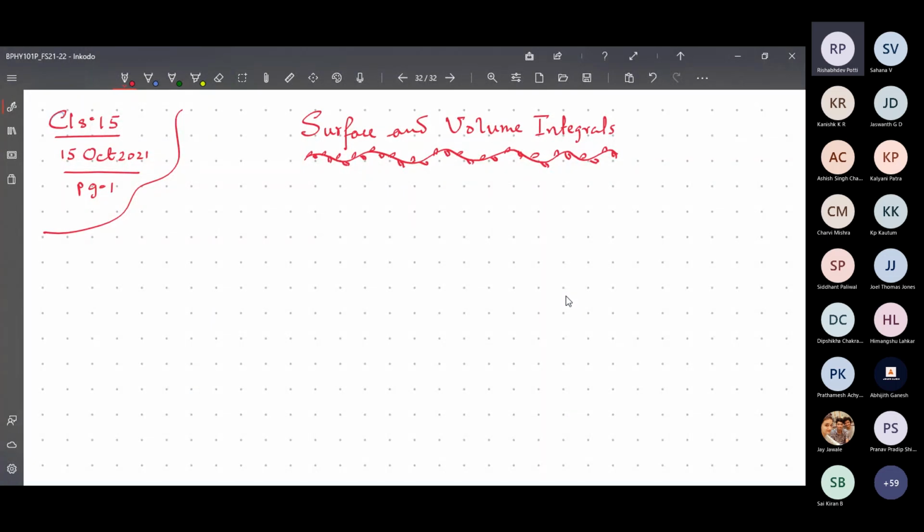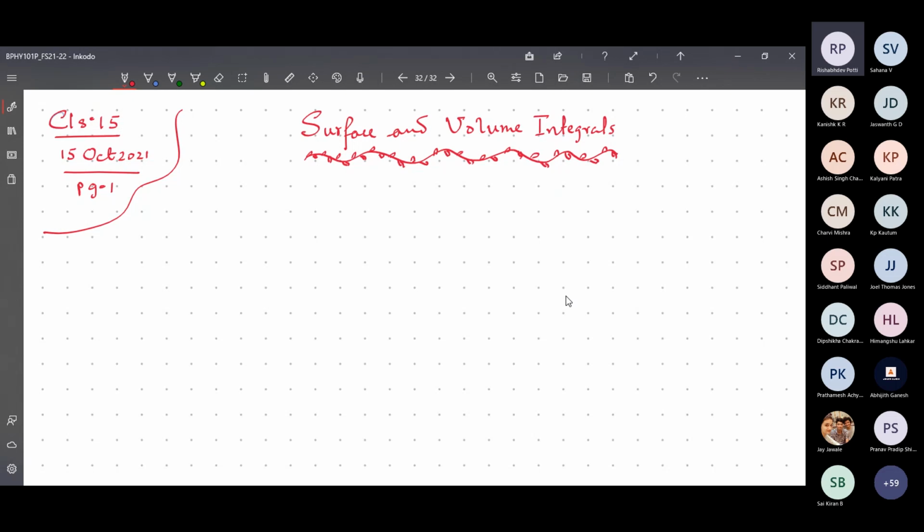So today we are going to start the surface and volume integral, and immediately after that, all these things are qualitatively described as far as the syllabus is concerned. But if you have more detailed queries, you will learn this in your calculus for engineering course. Still, I will give you the proofs separately as additional material, but not to be done in the class because it is not in the scope of the syllabus for physics for engineers.